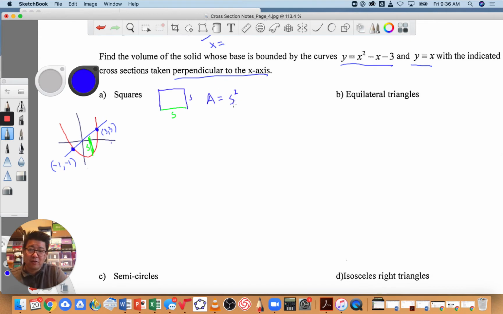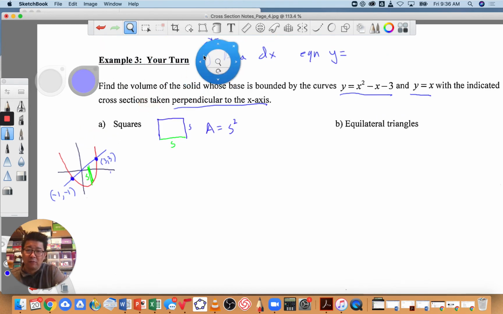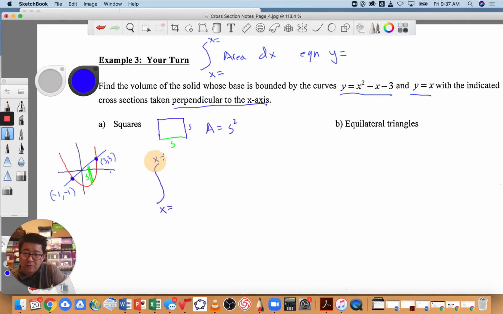So area equals s squared. We're going to have an integral now. We can set it up. Now that we know the area, we're going to put it into our area formula, our area formula times dx with these two limits. So we're going to do an integral like this. We have x equals to x equals. So this will be from -1 to 3. And all we have to do now is put in our area formula. Okay, so area formula will be s squared